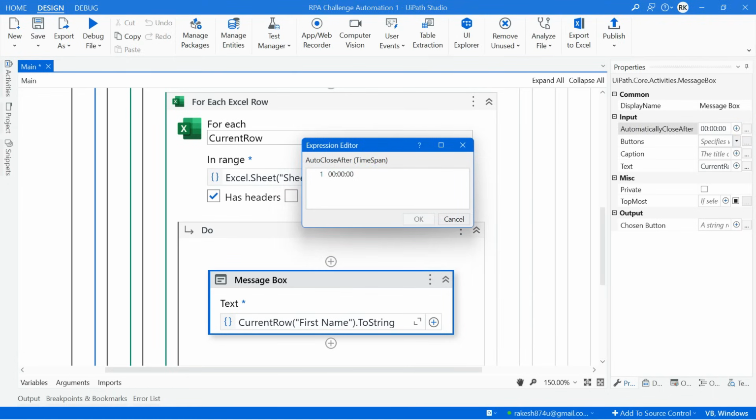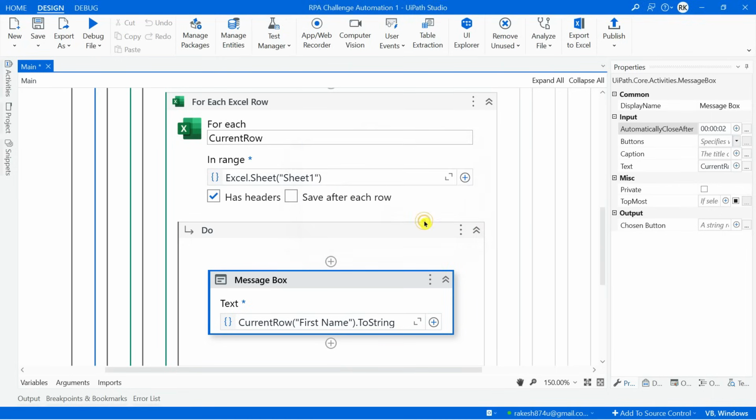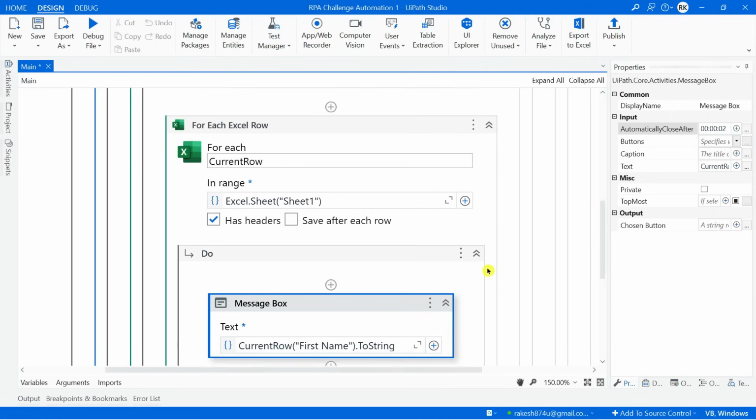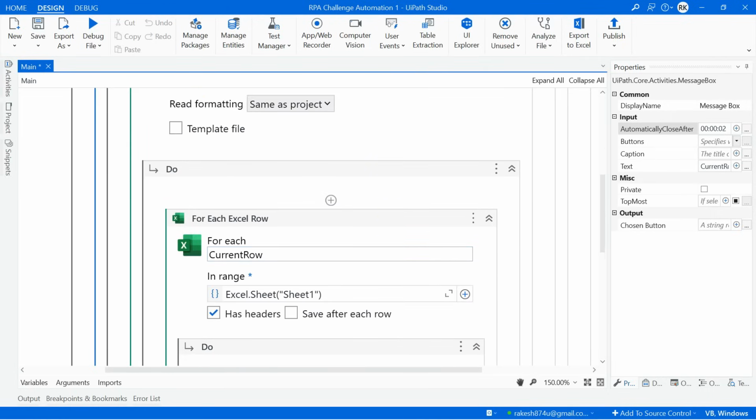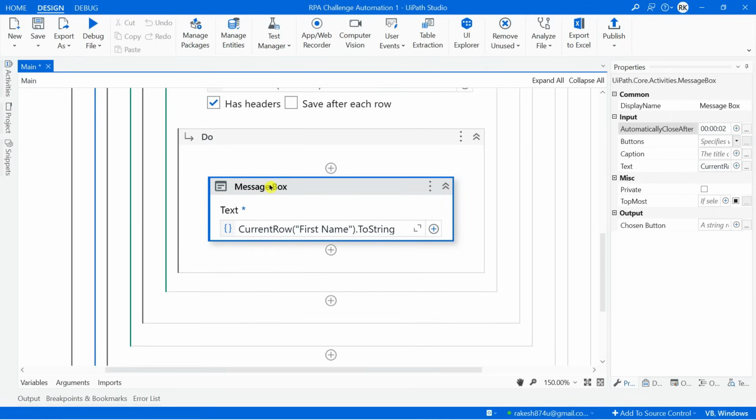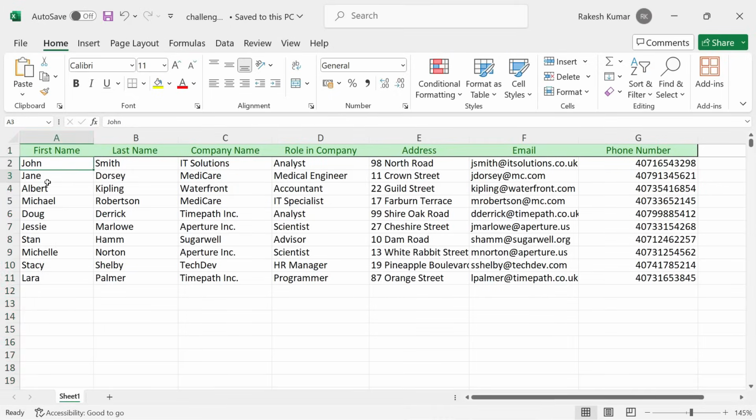after 3 seconds or 2 seconds. So here I will change it to 2 seconds. Getting it? And I'm going to click on OK. All right, so the automation is done. Now let me see if I run this, this message box should show all the names, John, Jane, Albert, and